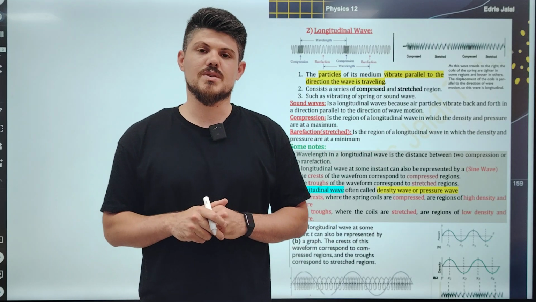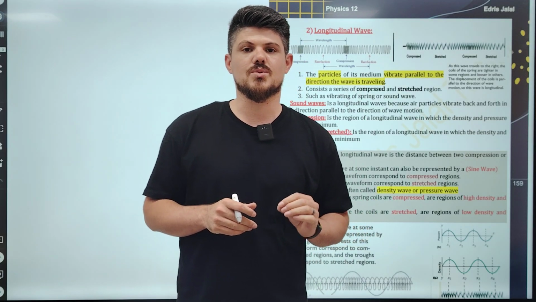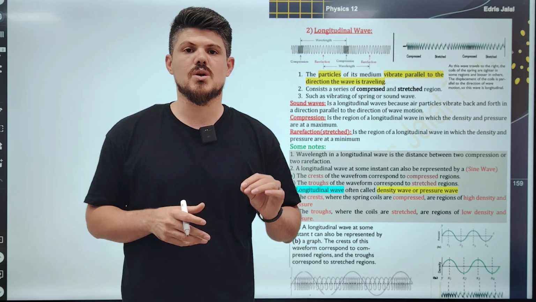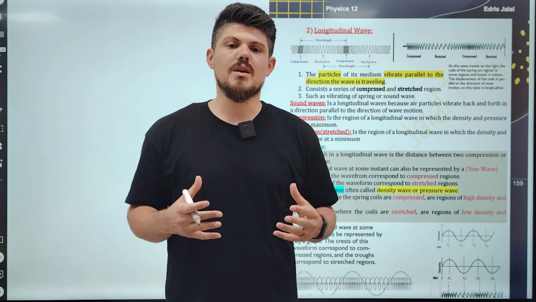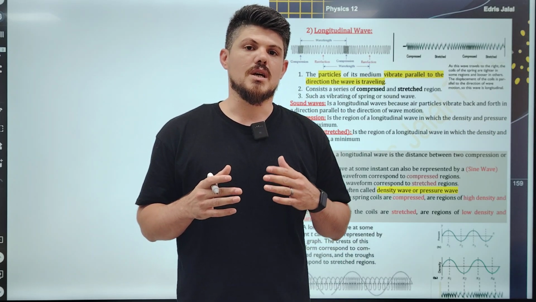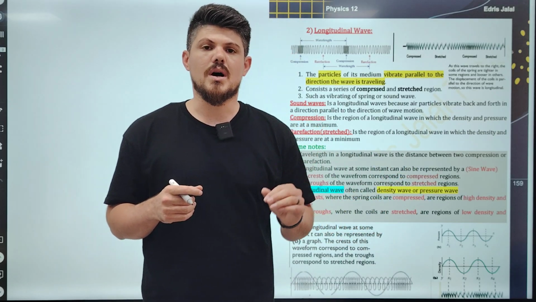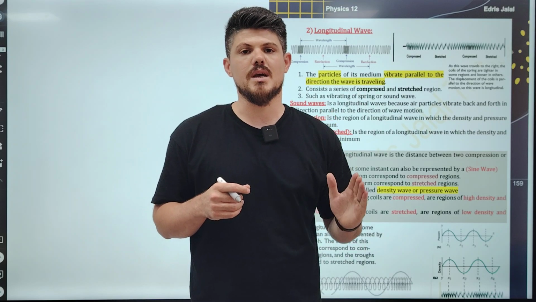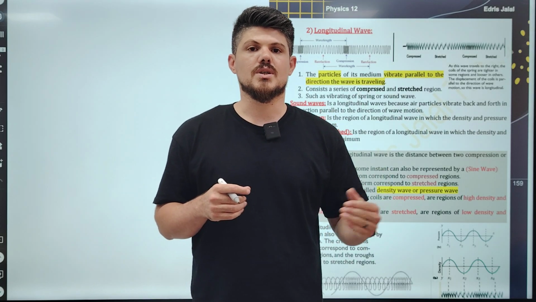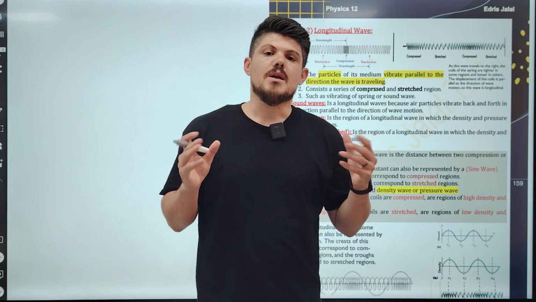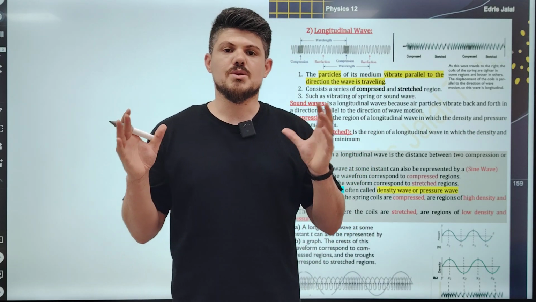If you remember, in a previous lesson, in section 3, chapter 3, we talked about the wave. The definition of wave is the motion of a disturbance. In the wave, the particles do not travel, but the energy is traveling. So the particles in the wave can only vibrate in their place, but energy transfers when the wave occurs. Also, in a previous lesson we talked about the types of wave.